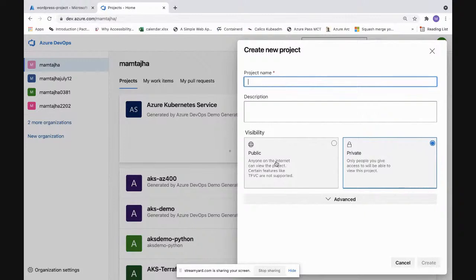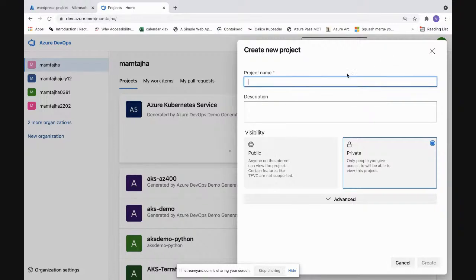If I create a public project, anyone on the internet can view my project. If I create a private project, I would have to give people access to be able to view my project. Or else if I have other people in my organization, I can add them as users and I can grant them access to my Azure project.